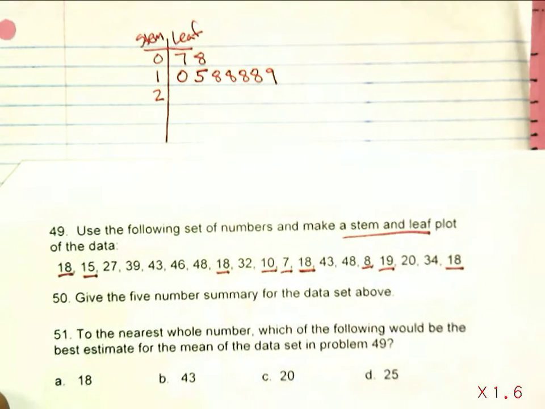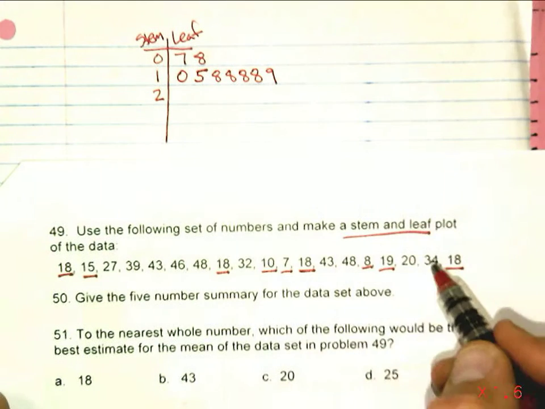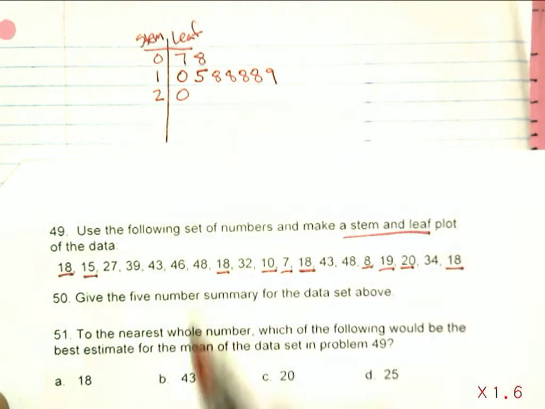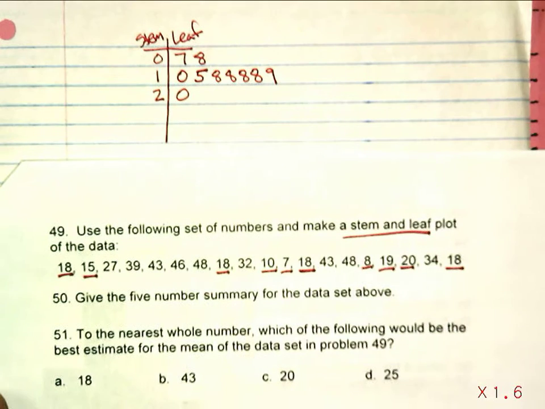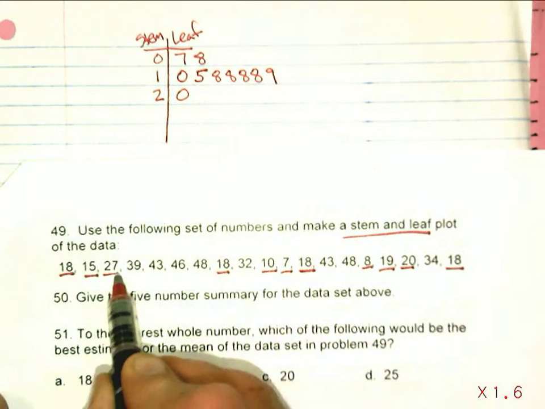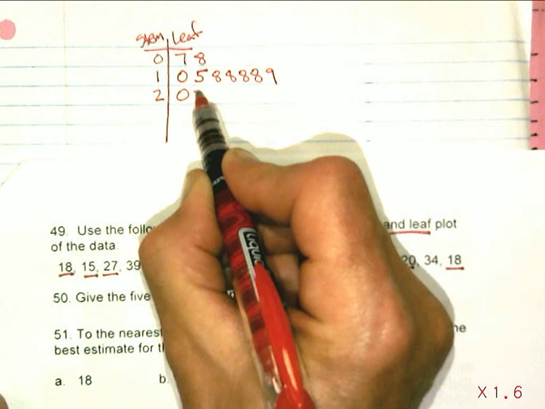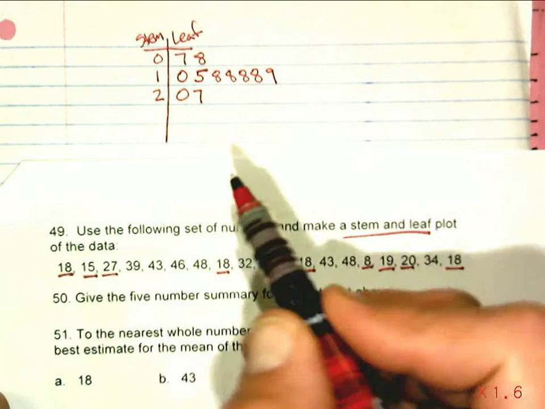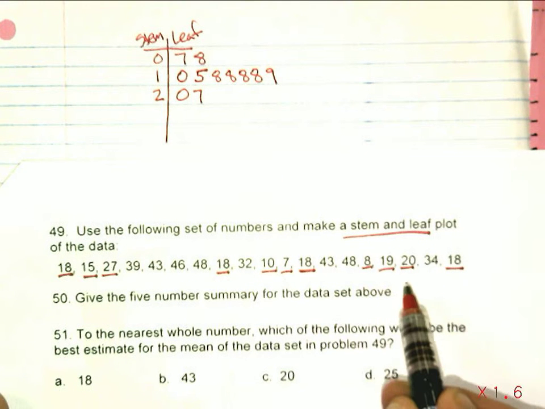Then we move to the 20s, and the first one in that data set is a 20. So I'd list the stem as a 2 and the leaf as a 0. Then the next number in the data set is 27, so I have a 7 there in the next space. And that's all the 20s, and then I move on to the 30s, and the first number in the 30s set